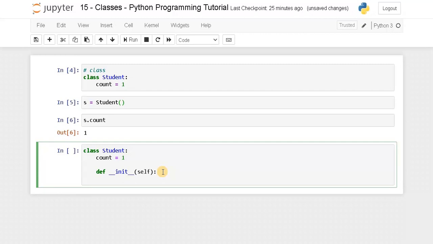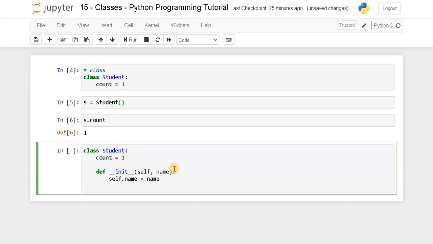And then for a student we need a name. That will be self dot name equals name. We are going to get the name from the arguments itself. So comma name, and we will increment the count by 1. So this will be 0, and so we are going to access the count. For that you need to use the class itself. So student dot count plus equals 1. So the count will be incremented by 1 each time an object is created.